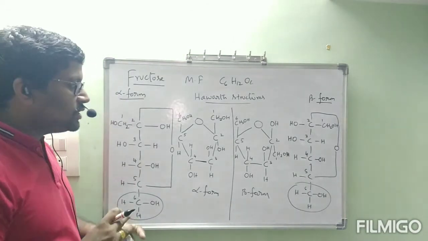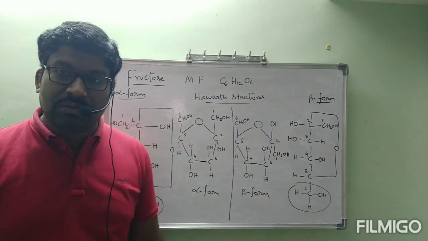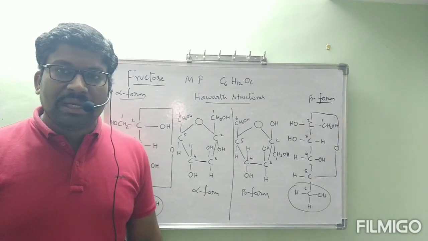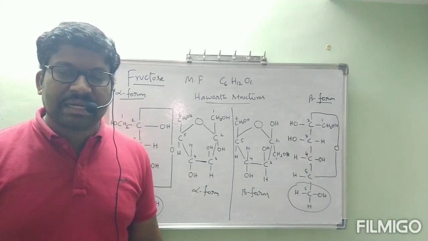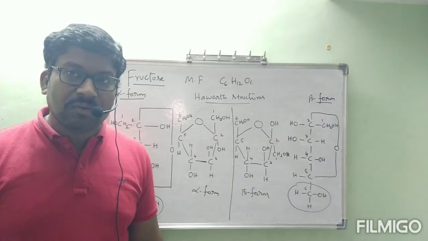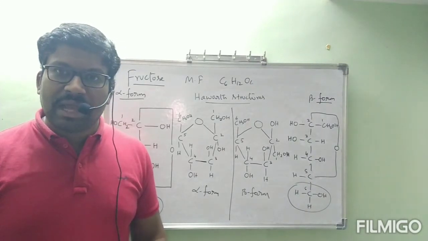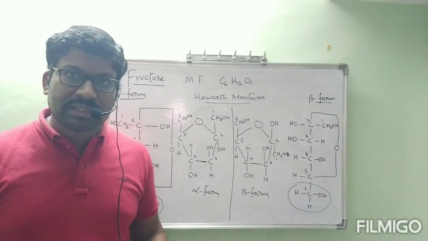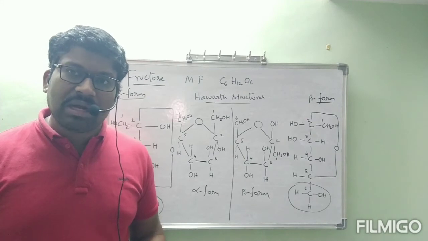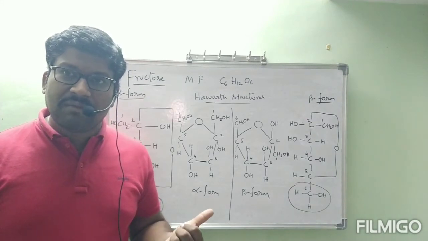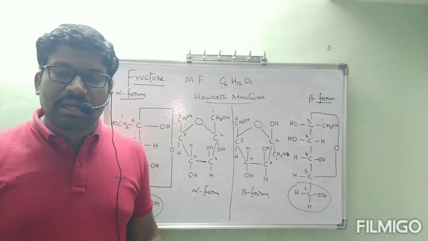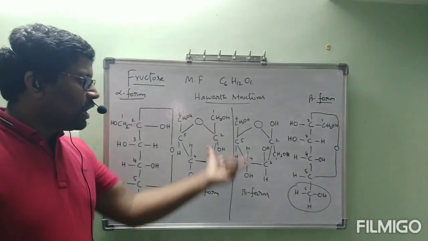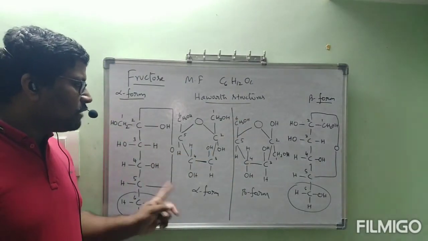Those two are differentiated by the position of the OH group at which carbon? That is second carbon. So the anomeric carbon of fructose is second carbon. Anomeric carbon of glucose is first carbon. We have seen the anomeric carbon definition. Alpha form and beta form of glucose are called anomers. Alpha form and beta form of fructose are called anomers. But the anomeric carbon of glucose is first carbon, and of fructose is second carbon. Okay? This is about Haworth structures of fructose, alpha form and beta form.